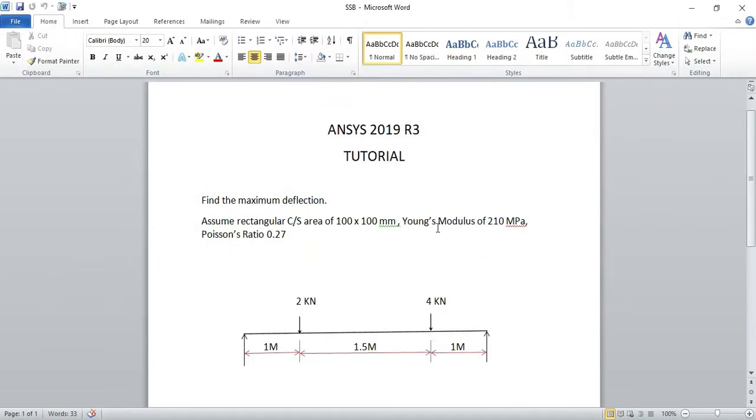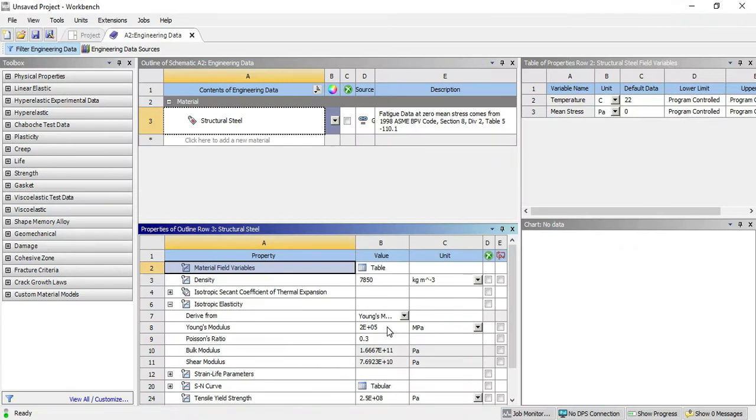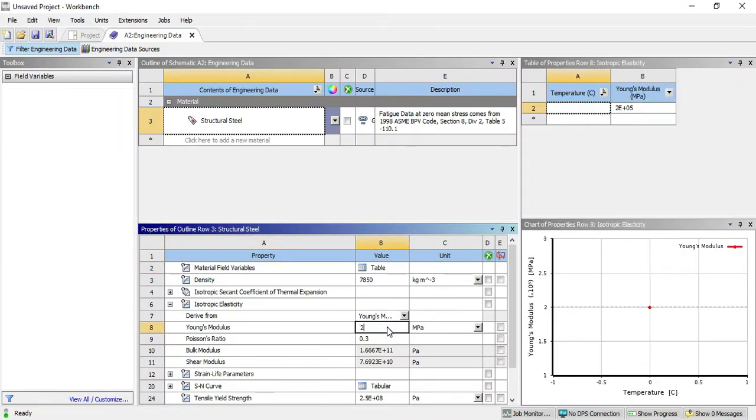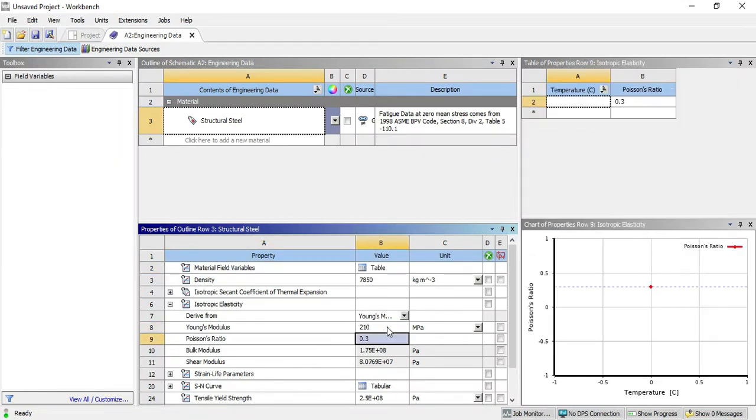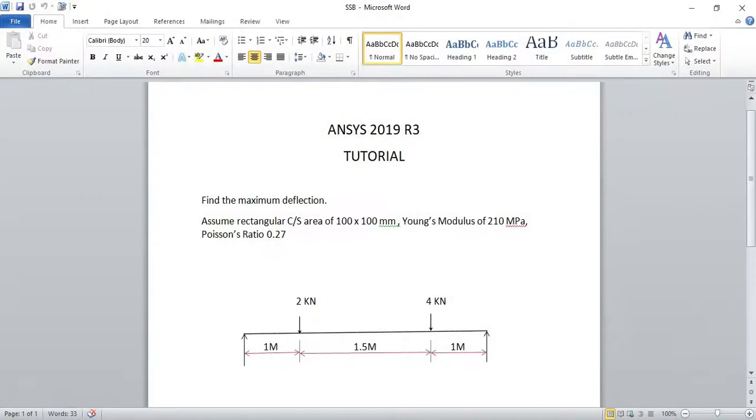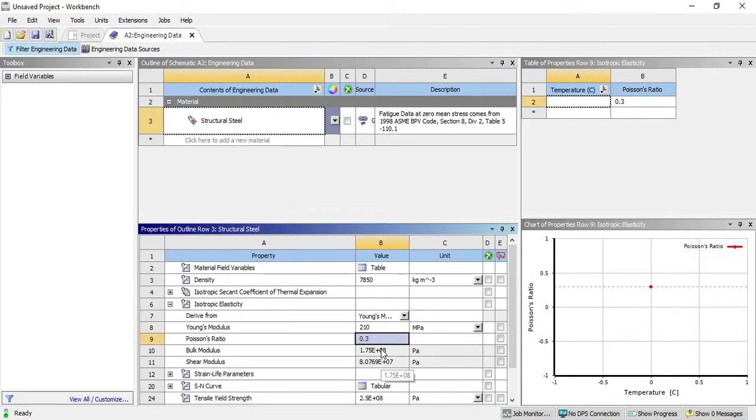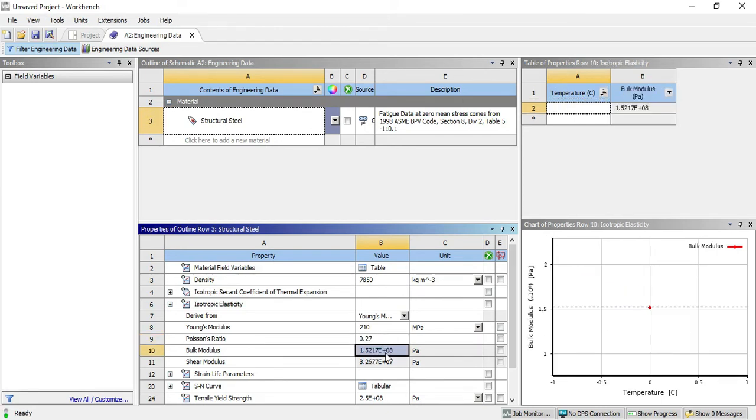As you see here, Young's modulus is 210 megapascal, and Poisson's ratio is 0.27. Now close it.